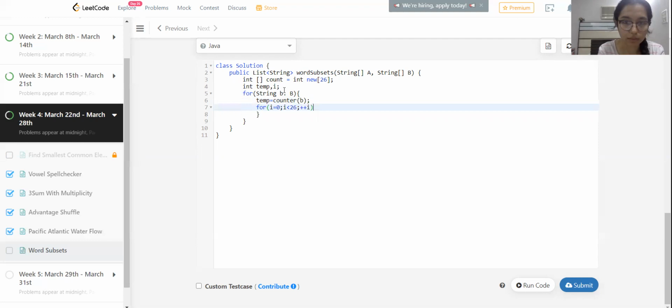Let's not make a curly brace here. Instead, directly do count of I equal to Math.max of count of I and temp of I. So basically we are checking which is the maximum out of these two.